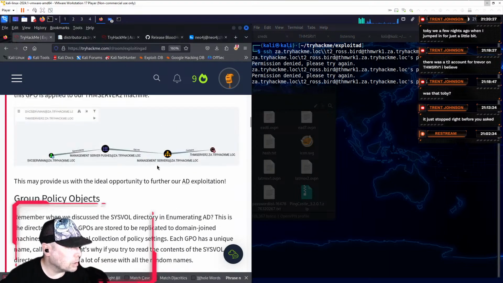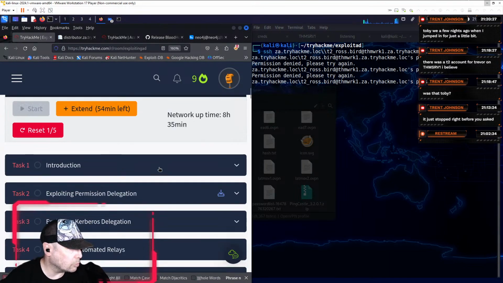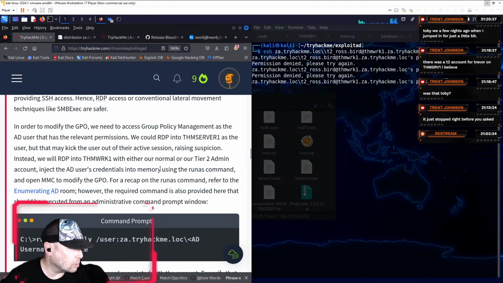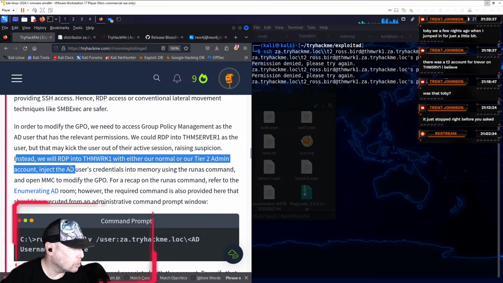Alright, let's see if we can get in with a regular credentialed, because it says our regular permissions, right? Instead, we will RDP into THM Work 1 with either our normal or our Tier 2 admin account, inject the AD user's credential. Whose AD users? The one that we're logged in as? Why would we need to do that?